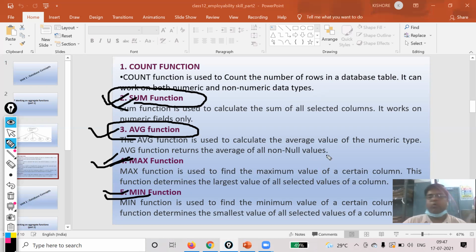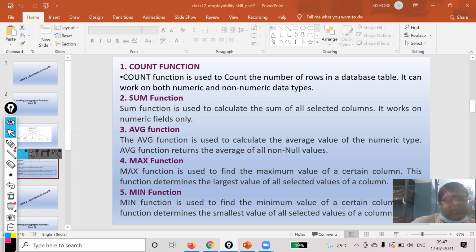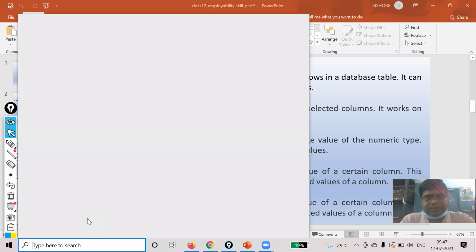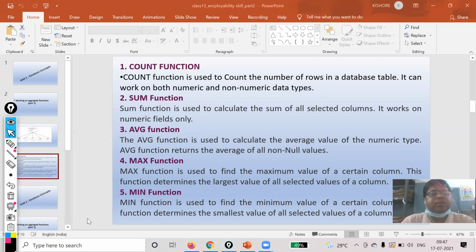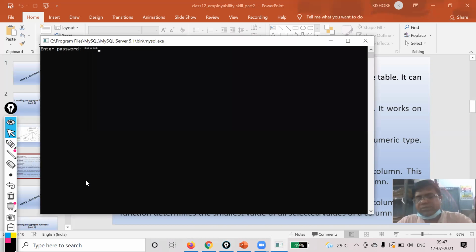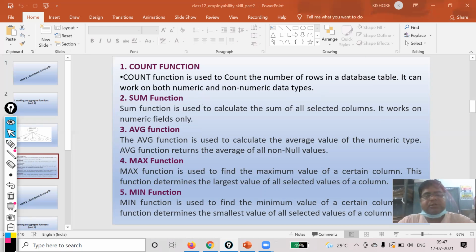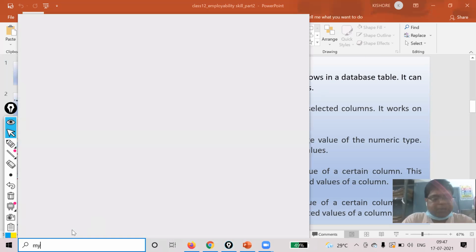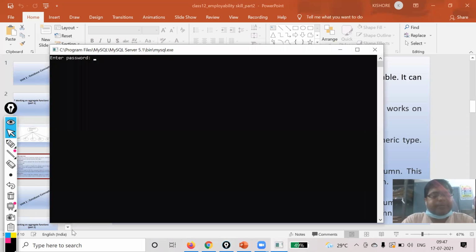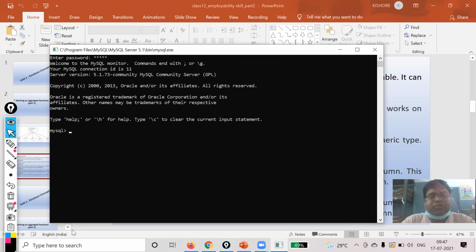Okay. Now I'm going to discuss all these topics using MySQL. So let me go to MySQL. First, I have to give the password so that I can start my work. If you give the wrong password, you will not be able to start MySQL. Okay. I have already entered SQL. My first work is to open the database, so I'm going to use my database, Office.